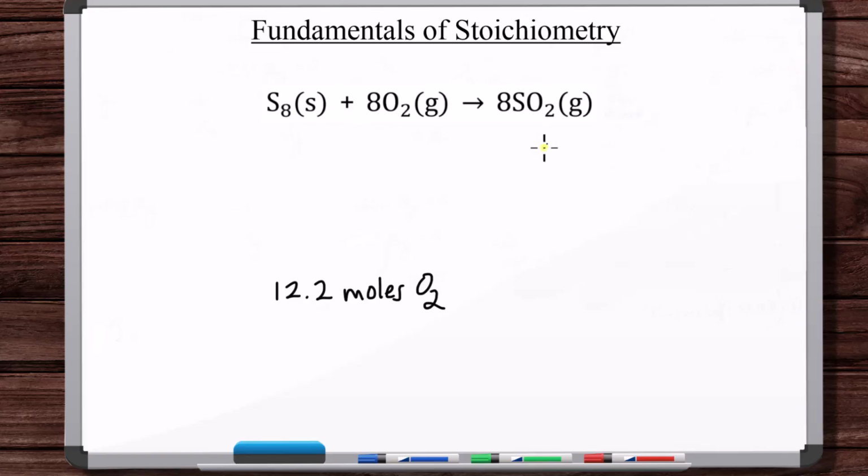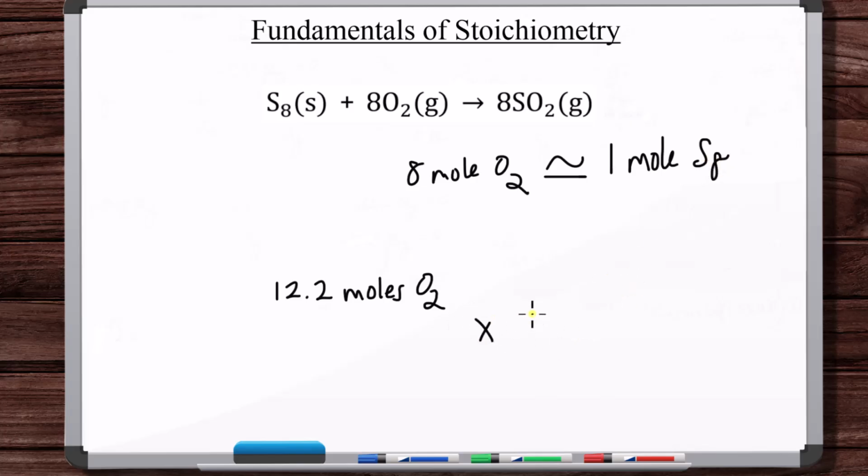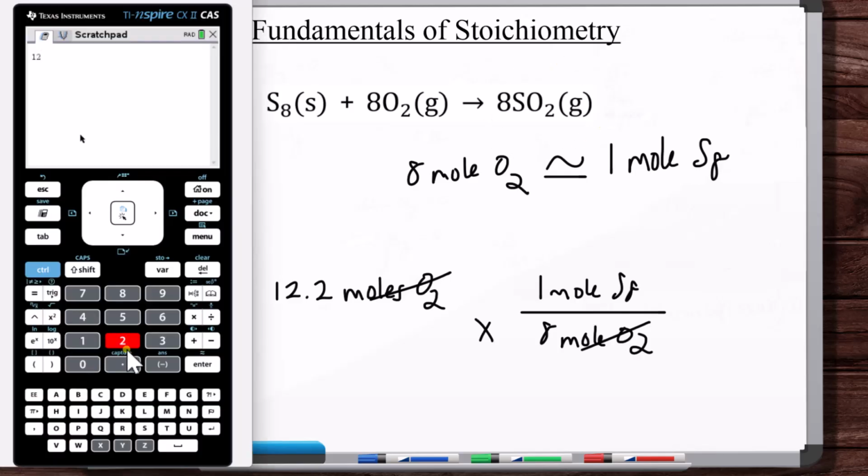If you're being asked about the S8, then you need to use the equivalency that 8 moles of O2 is stoichiometrically equivalent to 1 mole of S8. So then you just say, okay, you want the moles of O2 to cancel, so 8 moles of O2, 1 mole of S8, and there you go. But you could have done the same thing if the question was about how much product is produced. So you would